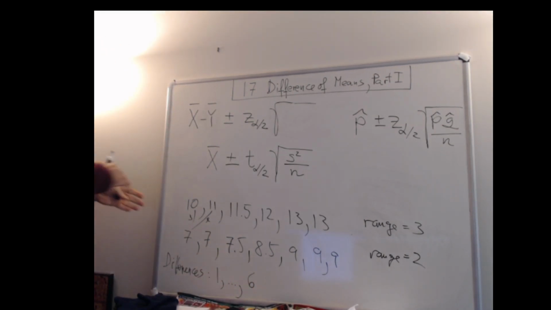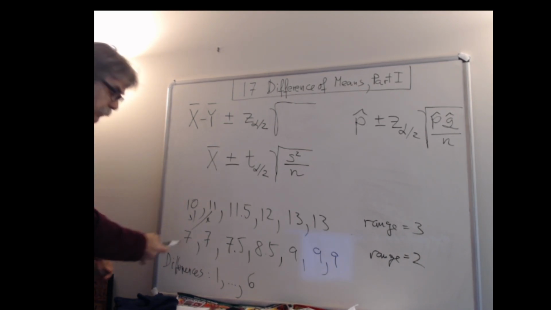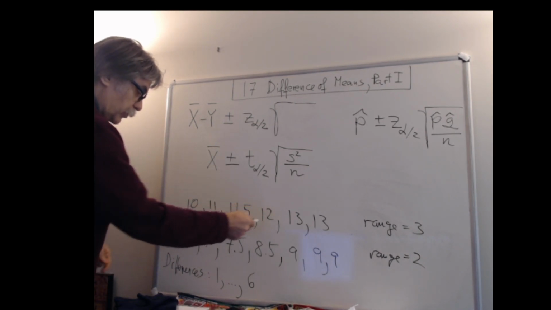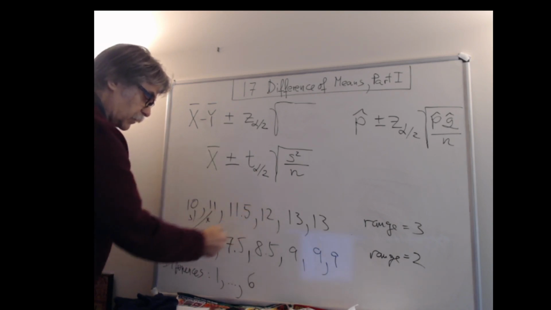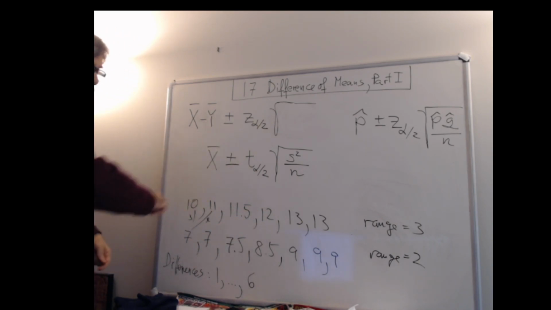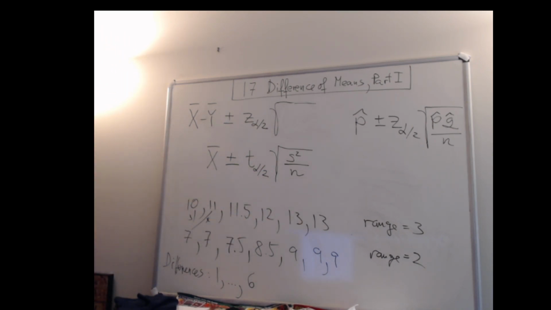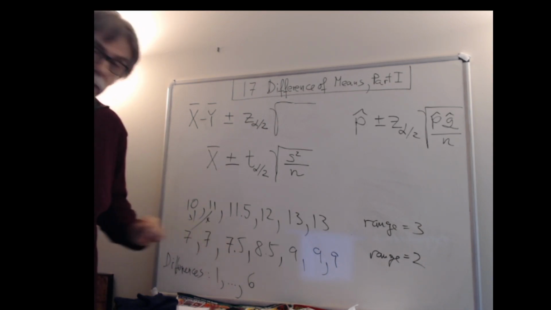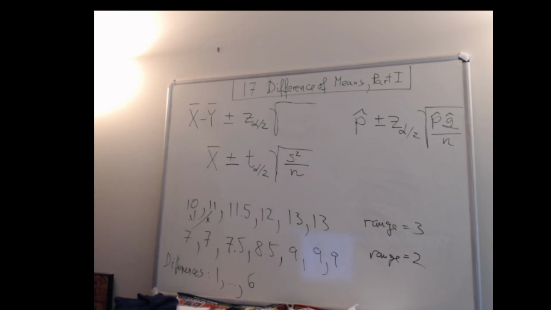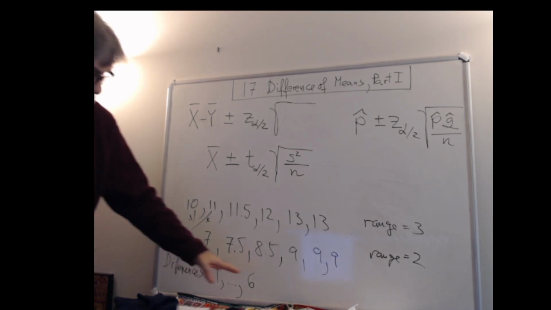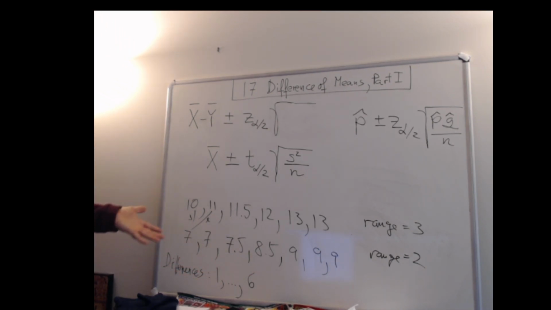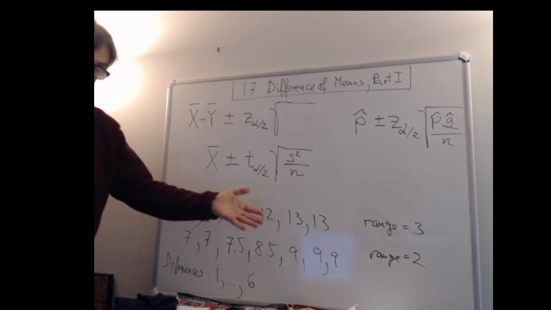So again, look at all of the possible differences you can find out. So male shoe size, female shoe size, the difference is 3. Male shoe size, female shoe size, the difference is 5 here. And on you go. You can find all of the possible differences you can see from one male and one female. But the biggest one you would find would be 6, and the smallest one you would find would be 1. Okay? So, all of those differences, I didn't write them all, because you have to actually write